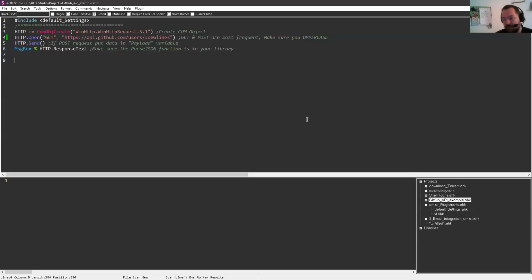AutoHotkey can do it really, really simply. Let's say you wanted to get the Greenwich Mean Time currently. Instead of trying to make calculations with variables and stuff, you want your script to sync with some kind of online clock.